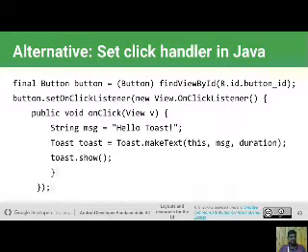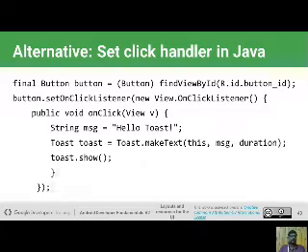Okay. Set click handler in Java, but you don't want to attach any method directly using the XML file. Then we perform an operation in the Java file to attach this. I explained this in the previous lecture. Then a class is created for all buttons. Then we create an object for that class and attach the XML button to that class.